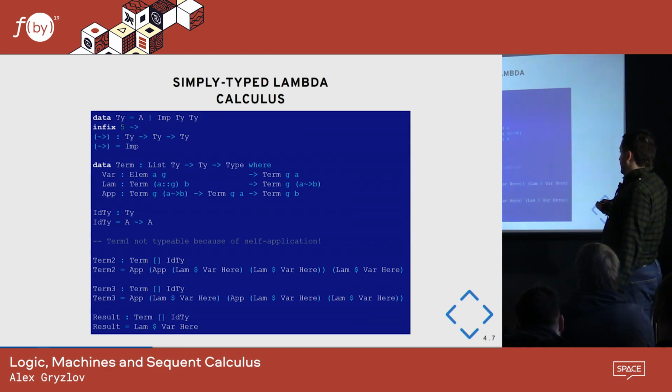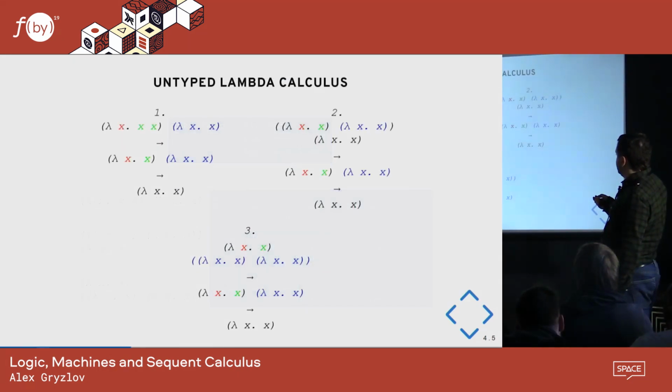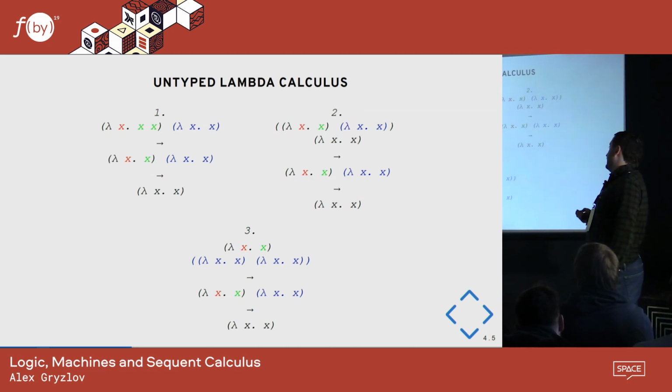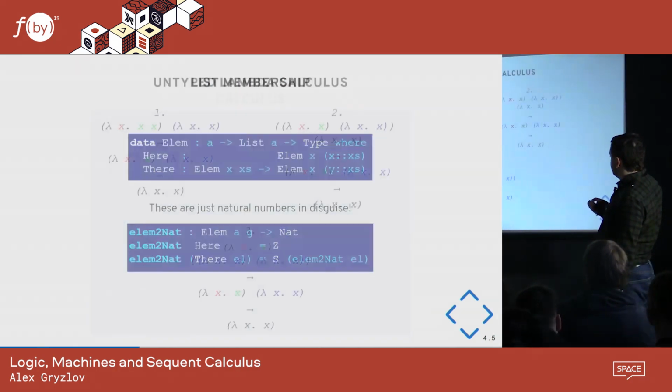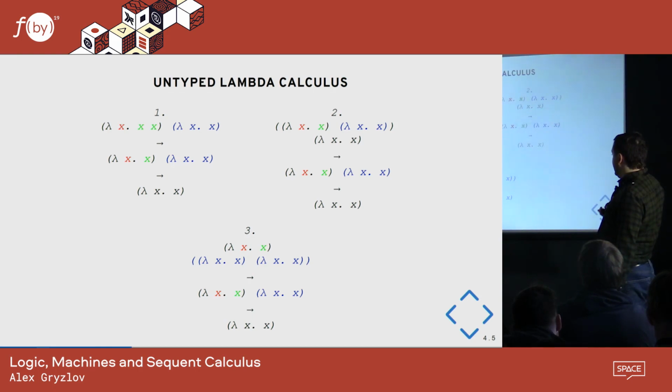So for example, if you have this kind of identity type, for our previous examples we had these 3 terms. The first one is actually not typable in simply typed lambda calculus because there is no such type that can be applied to itself, right? It would be like an infinite recursion. So only terms 2 and 3 are typable, but essentially the same. You just replace these numbers with these so-called structural proofs where in the context are these types. And as you've seen, both of these reduce to this identity function. Well, actually all 3 of them do.